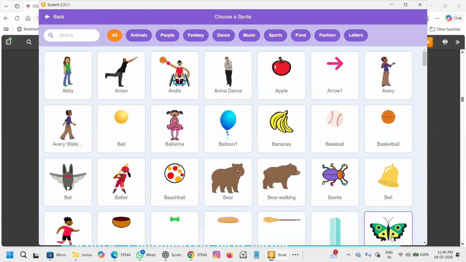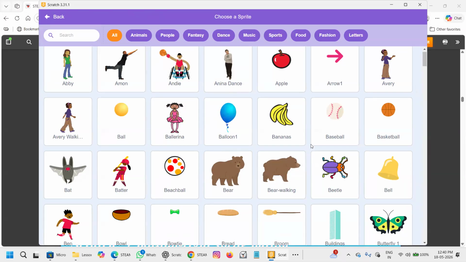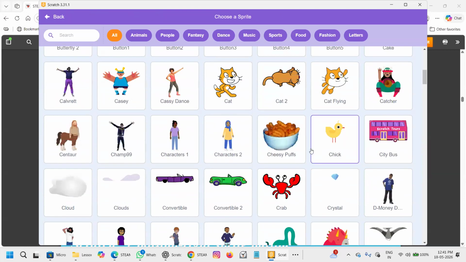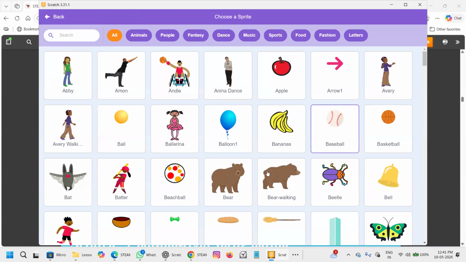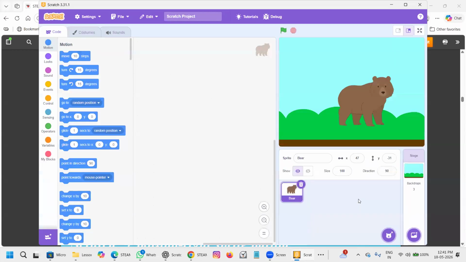Okay. When I click, which sprite do you want now? Let us choose all. Which sprite you want? There are so many sprites. Which one? Bear. Okay, Fahima says bear. Okay, I choose the bear. Okay, now